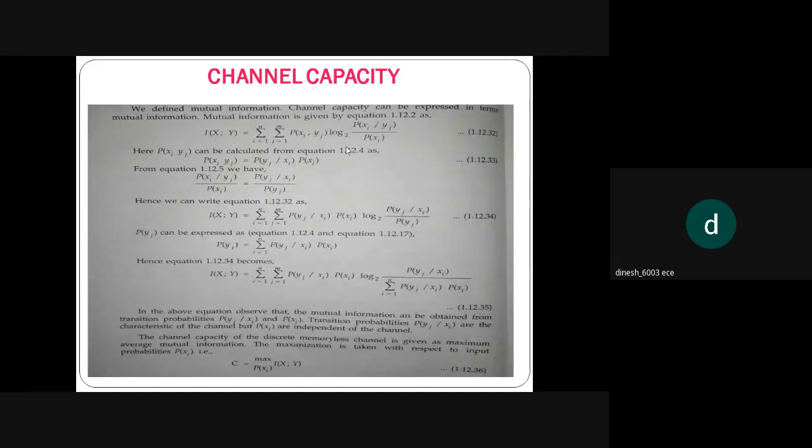So this is an equation which is predefined, and from this we can find P(xi/yj), which is equal to P(yj/xi) P(xi) divided by P(yj). So take this equation which I'm highlighting, and substitute it in equation 1.1.32 which is given here. Then the equation will become